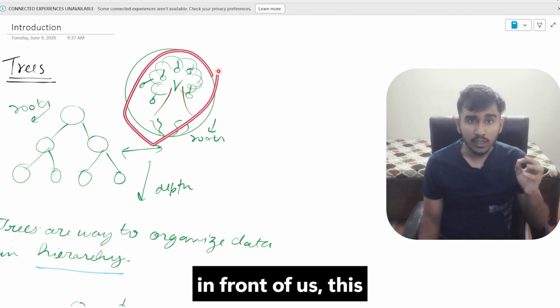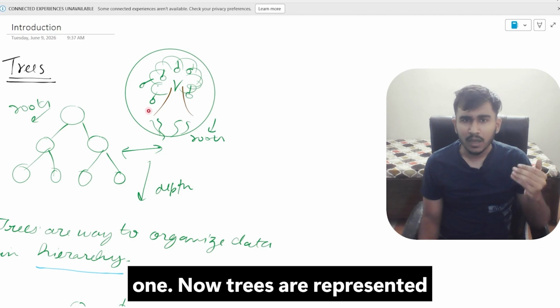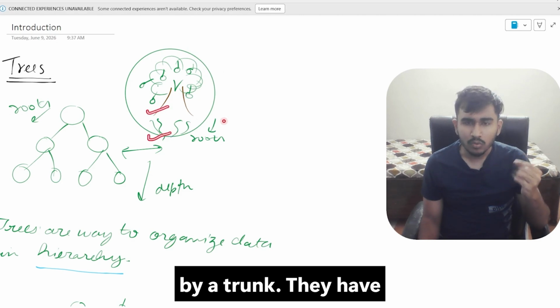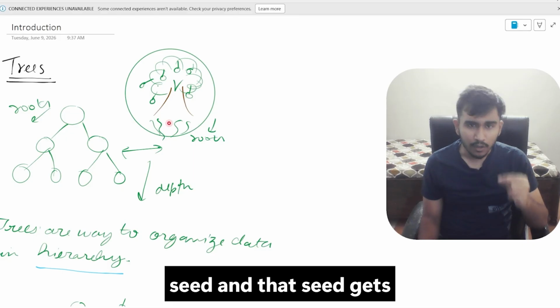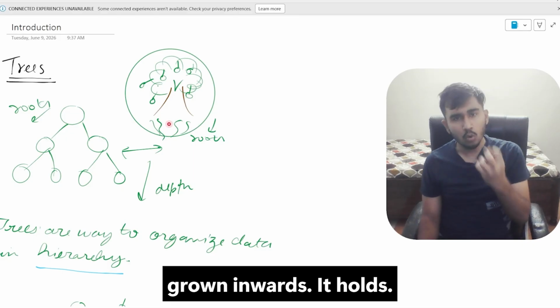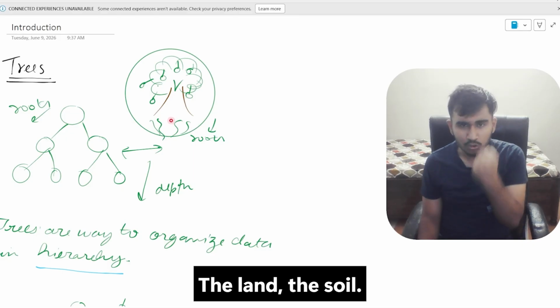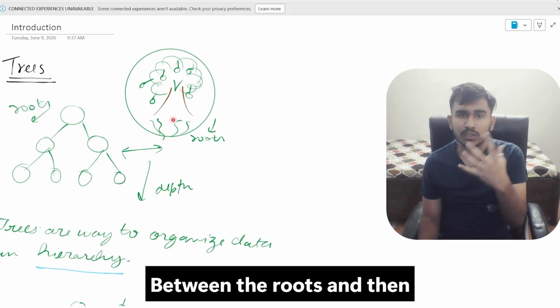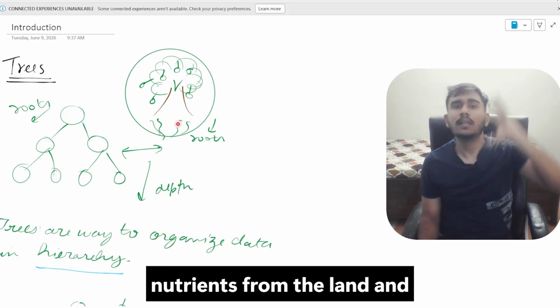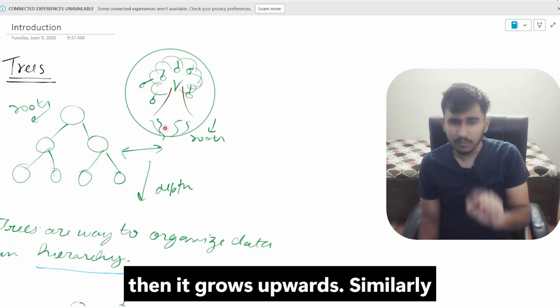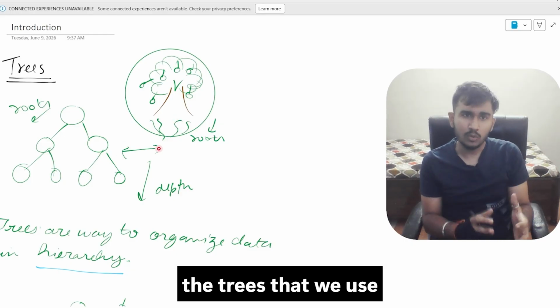Now, trees are represented by a trunk, they have a root. You plant a seed, and that seed gets grown inwards. It holds the land, the soil between the roots, and then it starts getting all the nutrients from the land, and then it grows upwards. Similarly, the trees that we use in